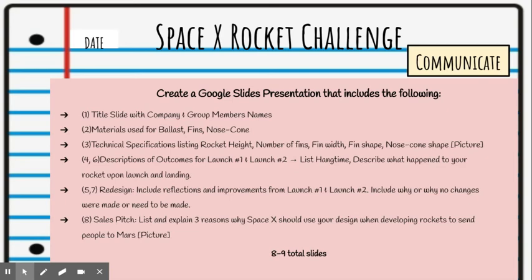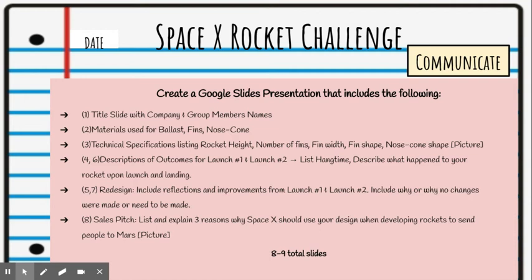You've been working through the VMS design process, and finally, you must communicate how you came to your final design. You will create a Google Slides presentation that includes the following. Your first slide will be your title slide with your company and group members' names. So if your group name was BHC Beastie Boys Space Rocket Company, you'll list your company name and the names